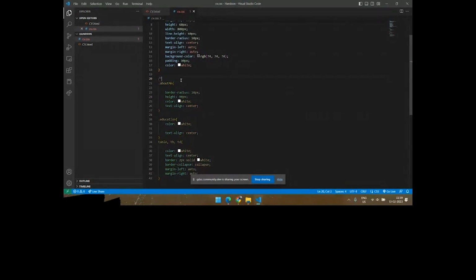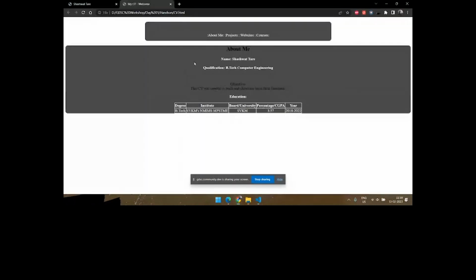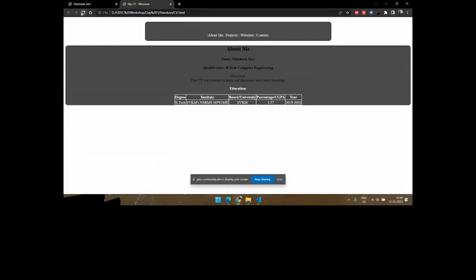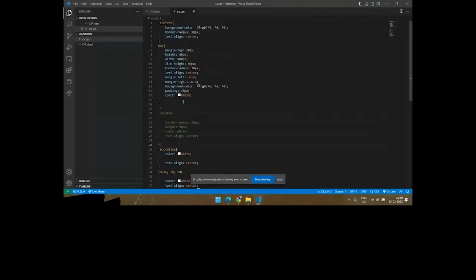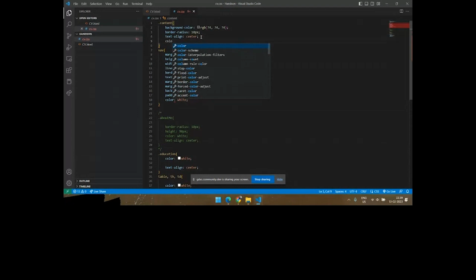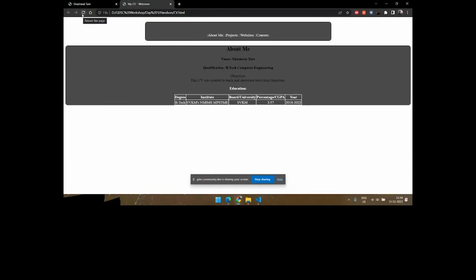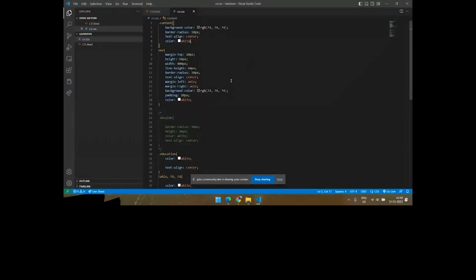बैक स्लैश स्टार लिखाऊंगा मैं, स्टार बैक स्लैश, रिफ्रेश किया, क्या हो गया, अबाउट मी ब्लैक हो गया, लेकिन यहाँ पे तो कलर वाइट था क्योंकि हमने यहाँ कलर ही नहीं दिया। वाह, कलर, इसको बोलो यार तू वाइट हो ही जा। अब वापस चेक करते हैं हम, हमारा अबाउट मी सेक्शन सही से काम कर रहा है।